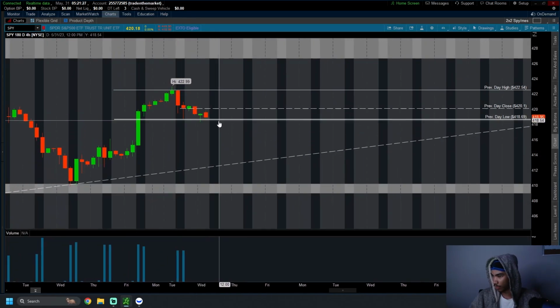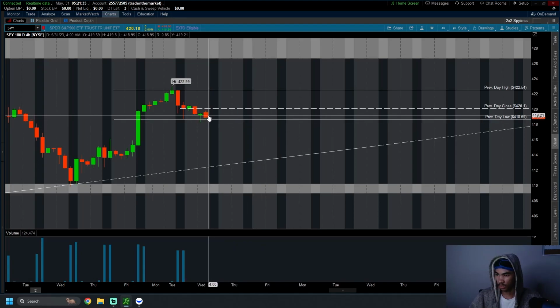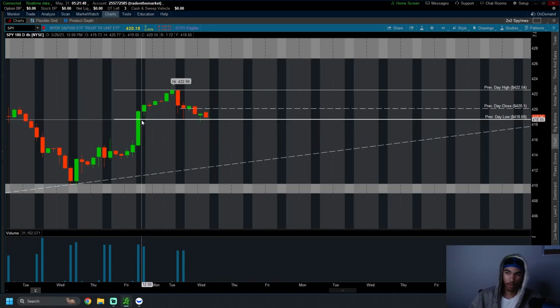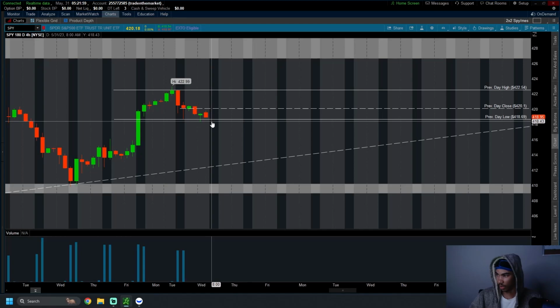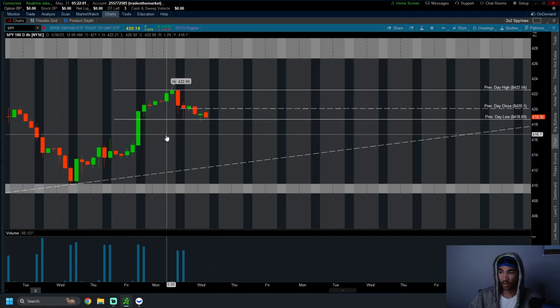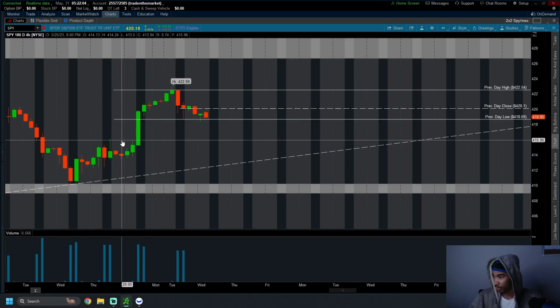And then we have the previous day low. It is pre-market right now, so we do have a little bit of pre-market action happening here. So if price were to drop under 418.69, where would we want to look for price to come into? Well, we could use this big green candle here as a reference. Maybe if price were to drop under here, we could drop anywhere within this green candle here, right? Which, as you see, we're already within this green candle. So if price were to come below 418.69 here, we'll potentially see price come down here to